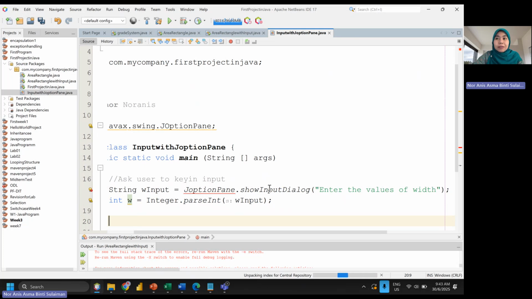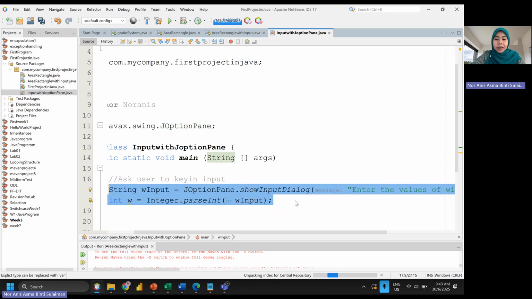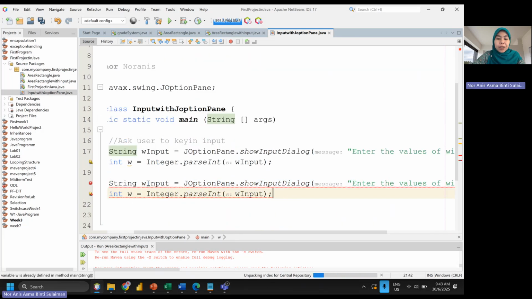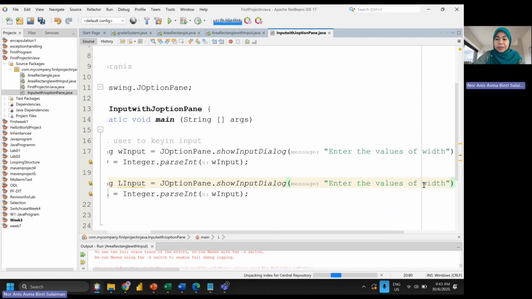Okay, repeat the same thing. I just copy and repeat for the second input. The second input I'm using here is l, the value of that second input, which is the length. So you are done with your input.